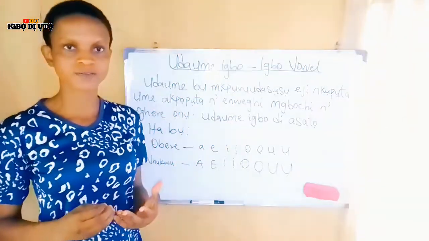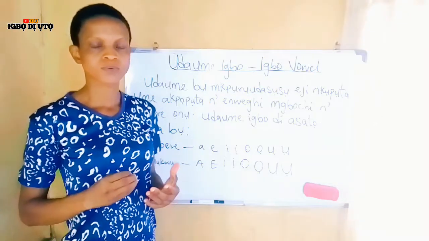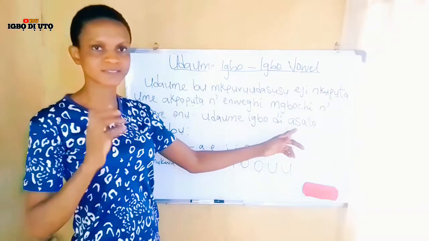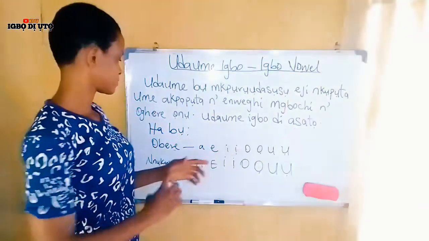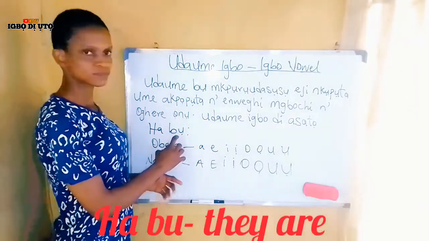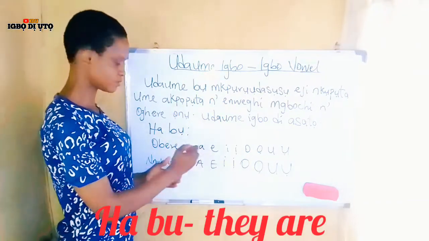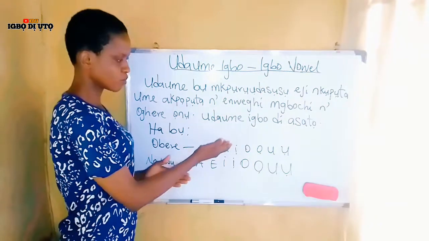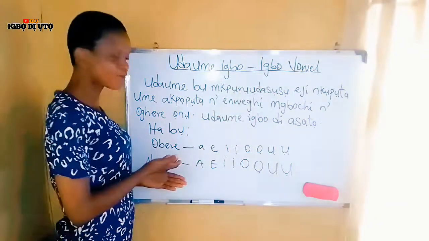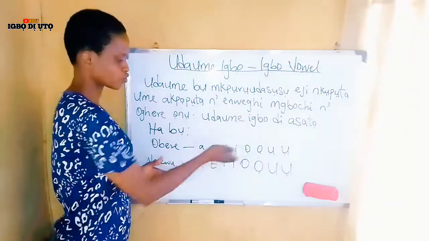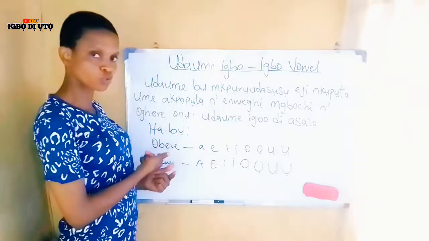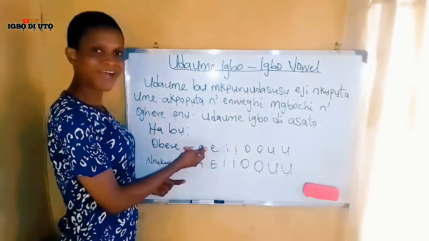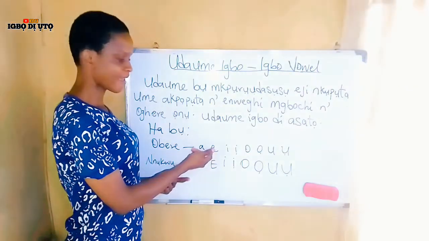This vowel sound we are talking about in Igbo, we have 8. Asatọ, that is 8 in English. In this udaume Igbo, this Igbo vowel, we have the bigger ones and the smaller ones. Those smaller ones are called obere. Obere. So they are a, e,